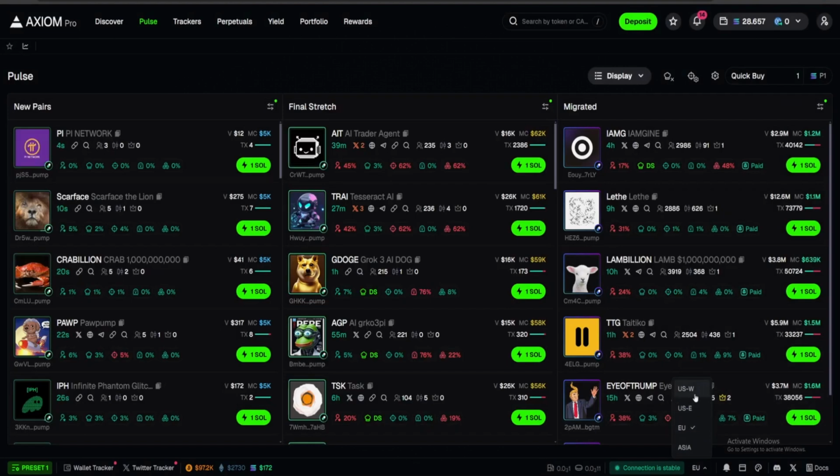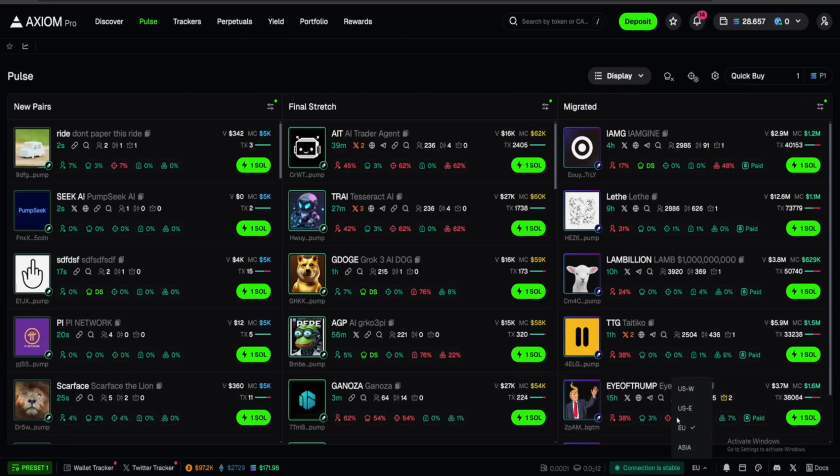Now, depending on where you are, you can set up your server: West, East, Europe and Asia. So it's really important that you select the server that works best for you, so you're not going to have any lag. Your latency will be lower. So just make sure you guys check it out because